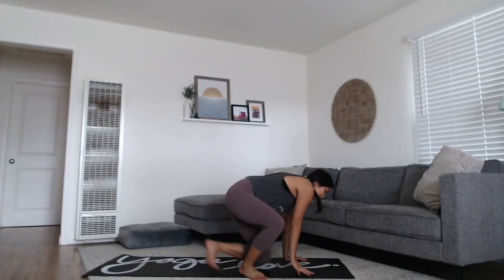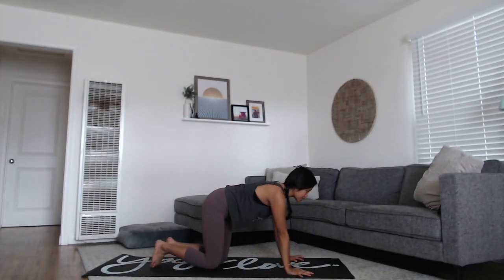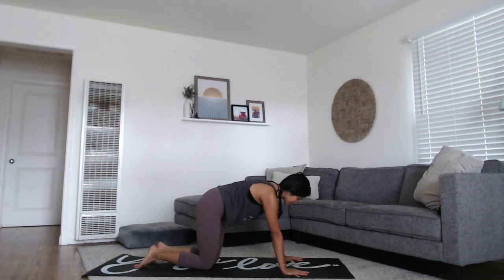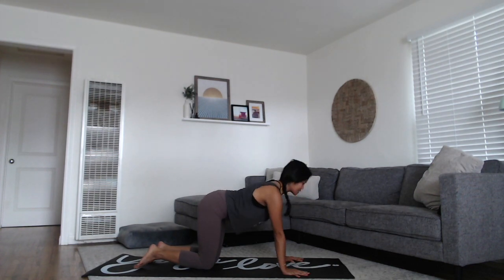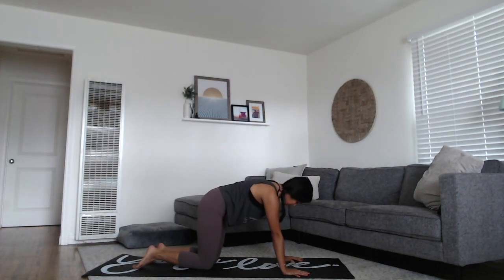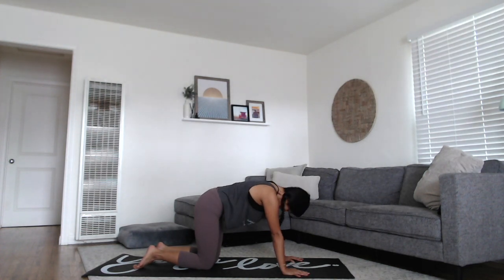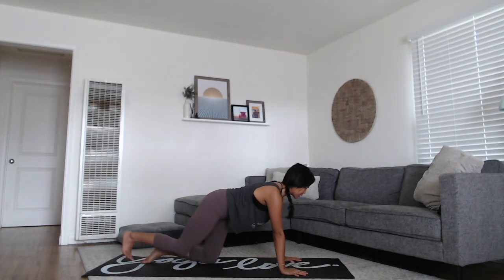And then go ahead and make your way into a tabletop position. Wrists underneath the shoulders, knees underneath the hips. And do a few rounds of cat and cow. Stretching through the spine gently, finding the grounding of the hands and knees onto the earth. And start to come back to a neutral spine and extend your legs back one at a time into your